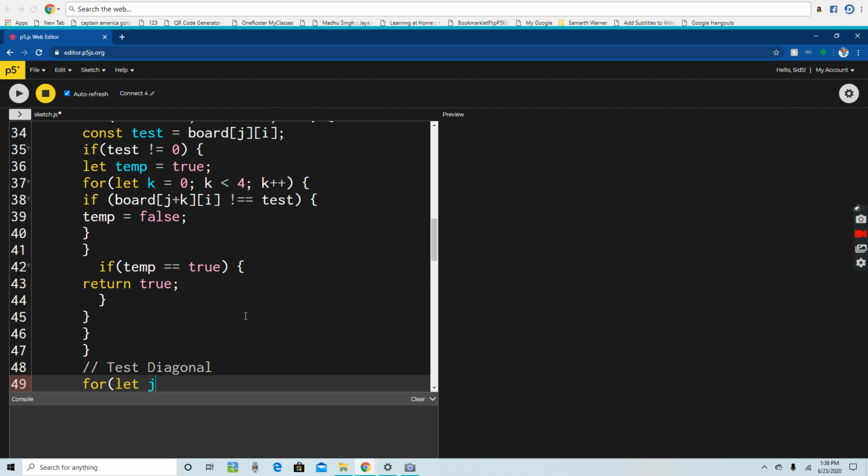After this you guys only have 3 parts left, so maybe we can finish this up quickly. For let j equals 0, j is less than or equal to rows